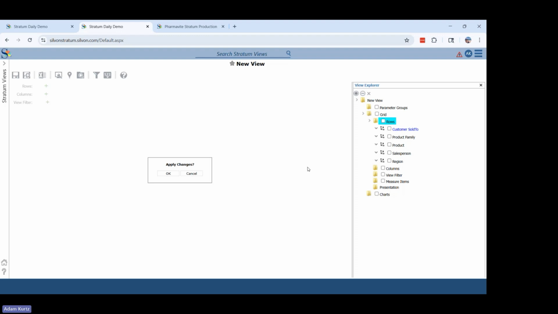That's why I like working within the View Explorer, because you can add additional things and components without having to apply the change just yet. Whereas now I can go in and if I want to add anything to my column, that would make this view more of a cross tabular report. We'll play around with that, but let's keep it simple for now and keep things just on our